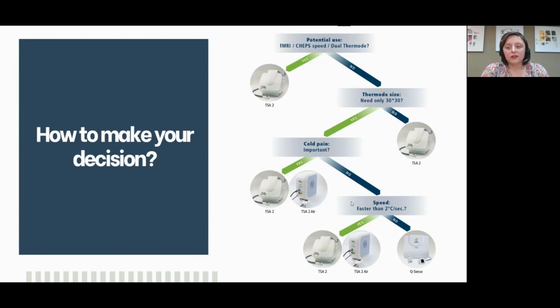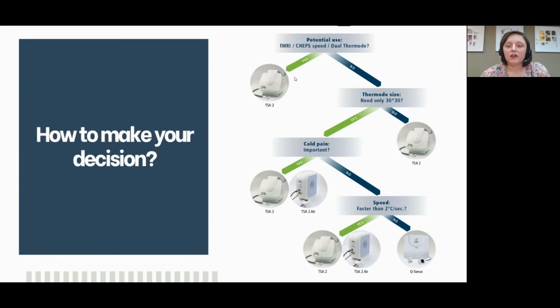And if the answer is no, I definitely need only the 30 by 30, then you can continue here. But if the answer is yes, you definitely should consider the TSA2, because this device is easily upgradable to any of the above configurations. And even if you purchase it in the first place with just 30 by 30 or just 16 by 16, you can add accessories, add thermodes, and work with any of the mentioned configurations in the